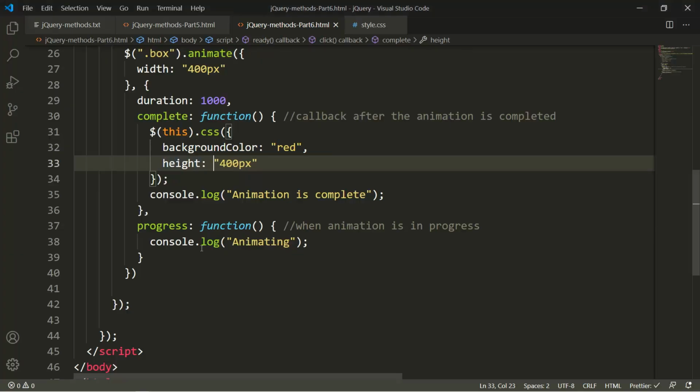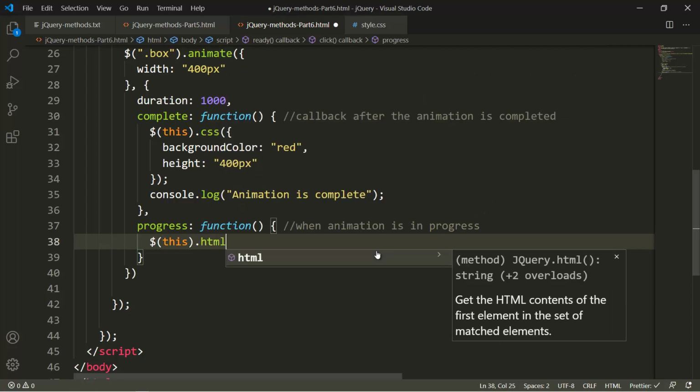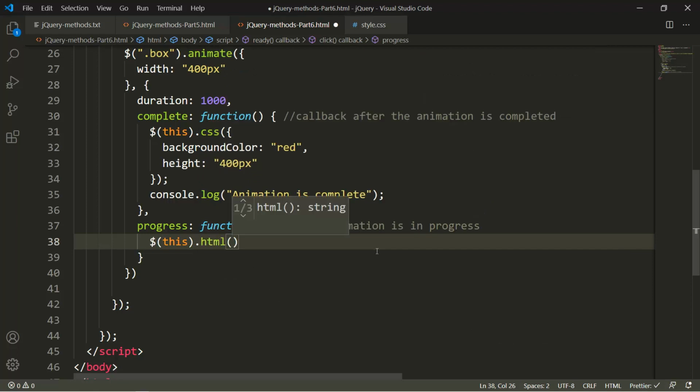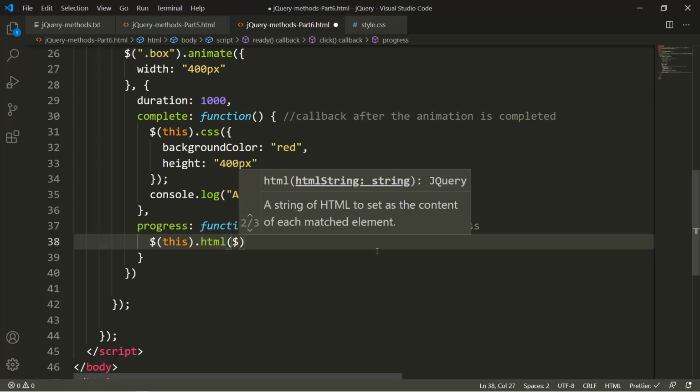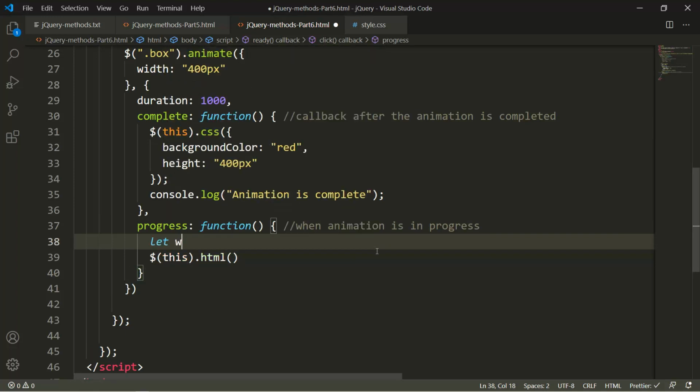Great. So let's say in the progress function I want to do something. I want to do $this.html, to add some HTML into the div tag which is animating. Or if I simplify this code, let div width be equal to $this.width.